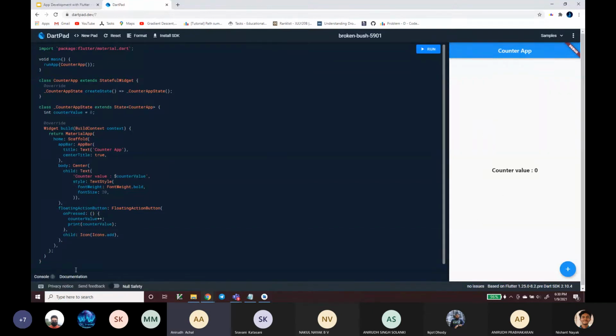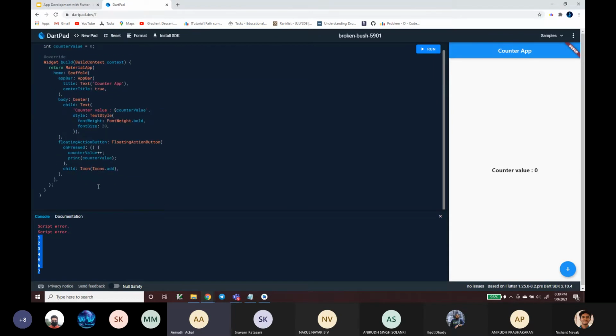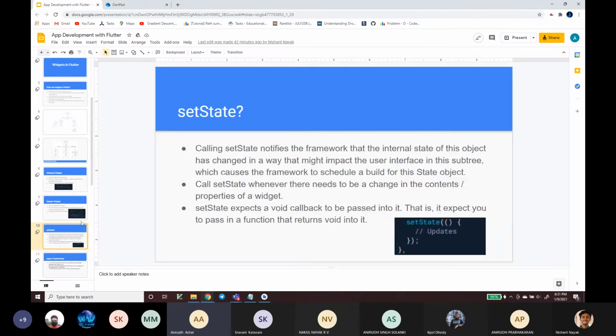Yeah, so if I open the console here, every time I press the button, you can see that nothing is happening over here. This is not updating, but you can see that it is properly incrementing the counter value. The counter value is getting incremented in the console when we are printing it here. But for some reason, it is still showing the outdated 0 value, the original value. It is not updating. So to understand why this is happening, we'll have to again look at another function called